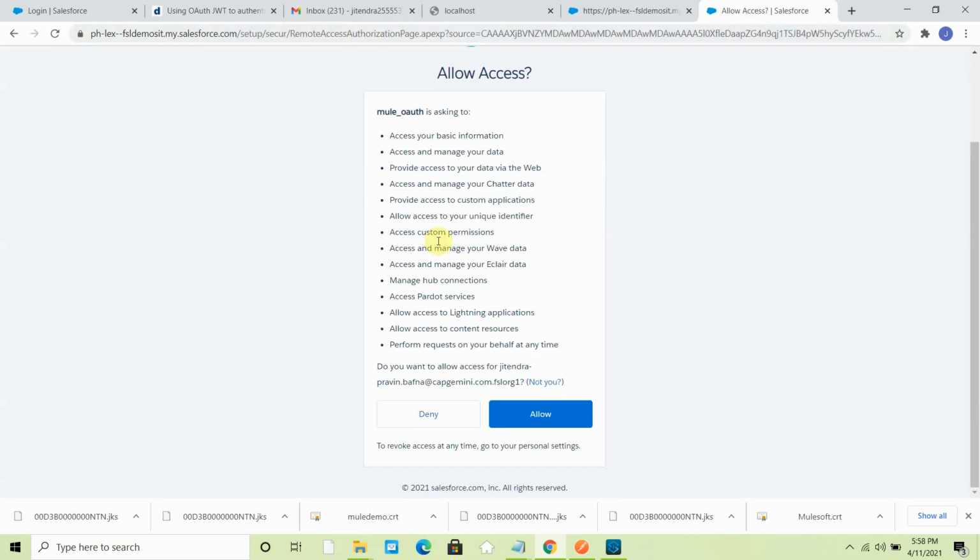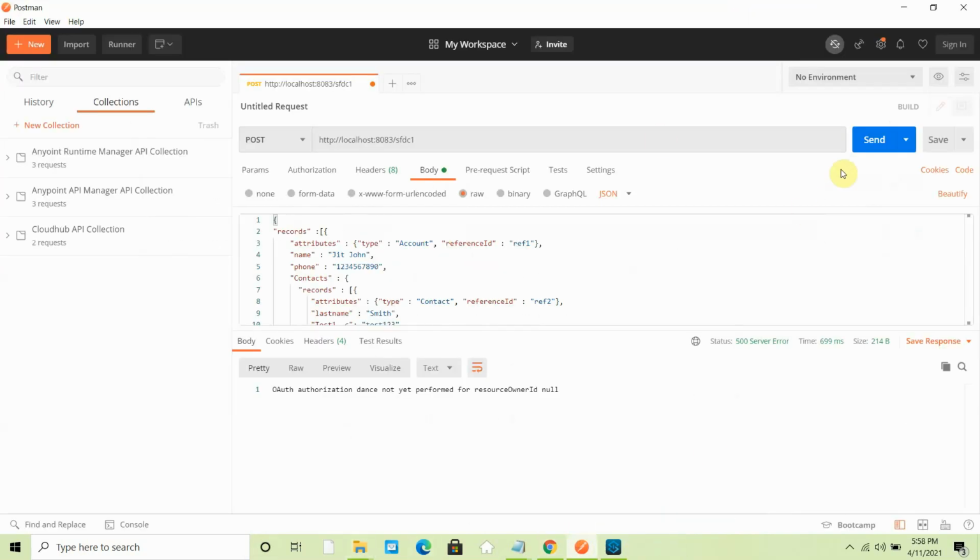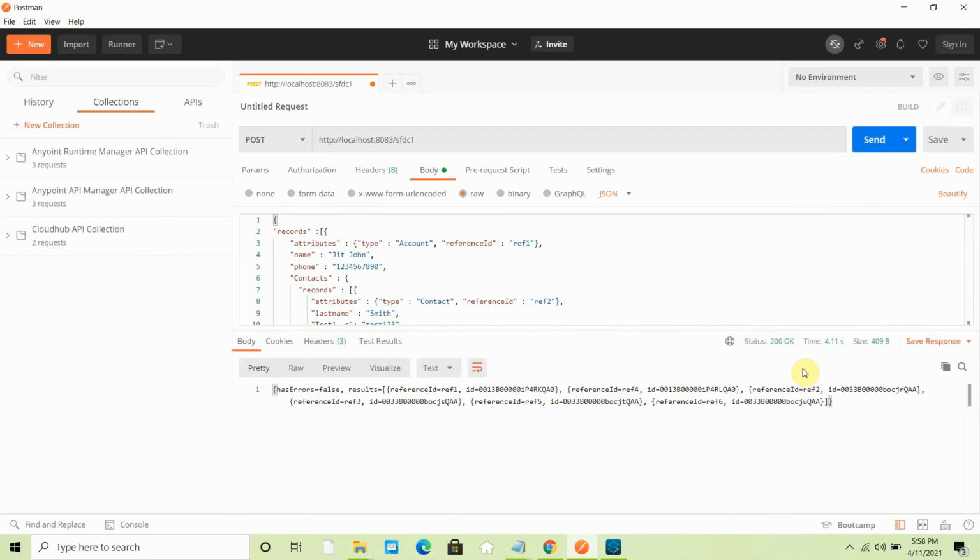You can provide the access, say allow. This needs to be done for the first time. You don't have to do this particular step every time you make a request. It successfully retrieved the access token. Now let me send the request. Yeah, you got a successful response, 200.